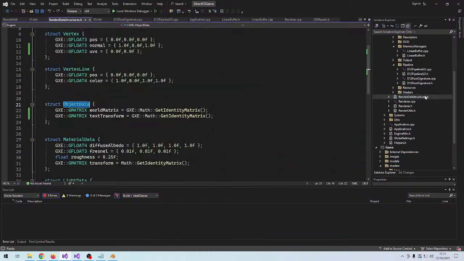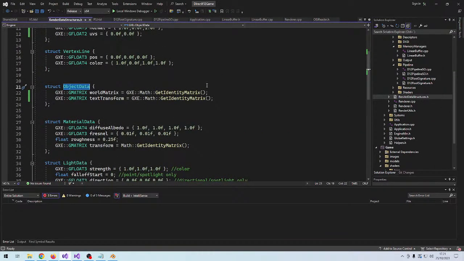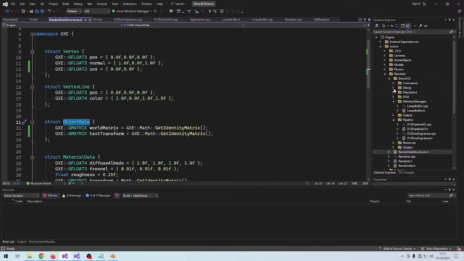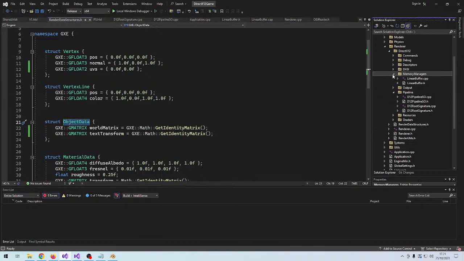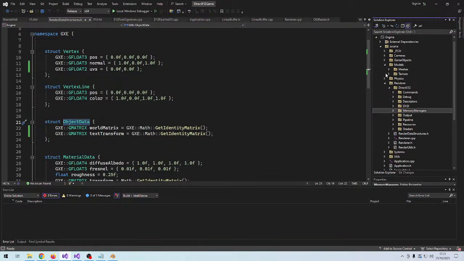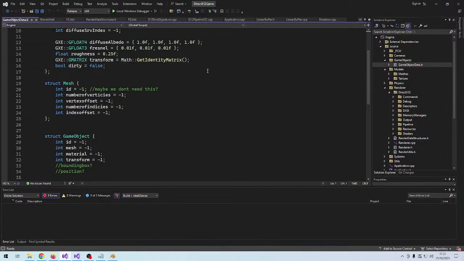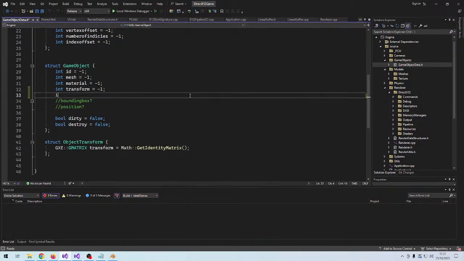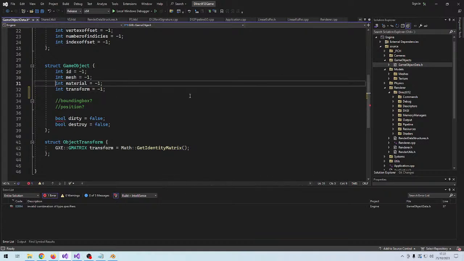So our renderer already has a data structure that holds the object data, which is both the world matrix and texture transform. Our system holds some game objects. Yeah, so game object data is arranged in these data structures. So we could set a